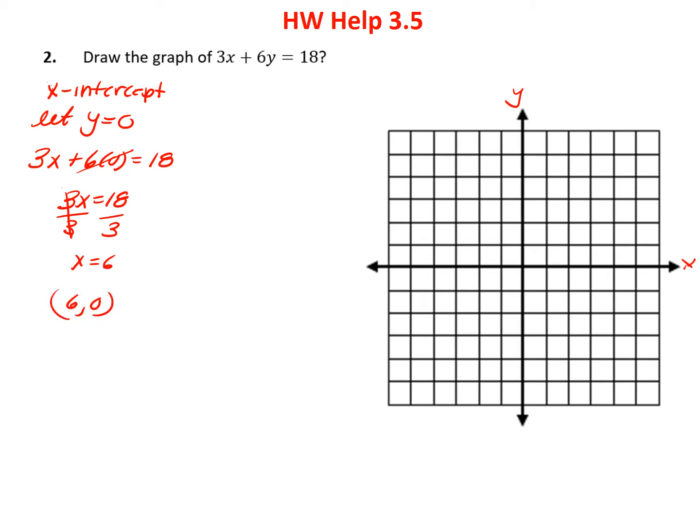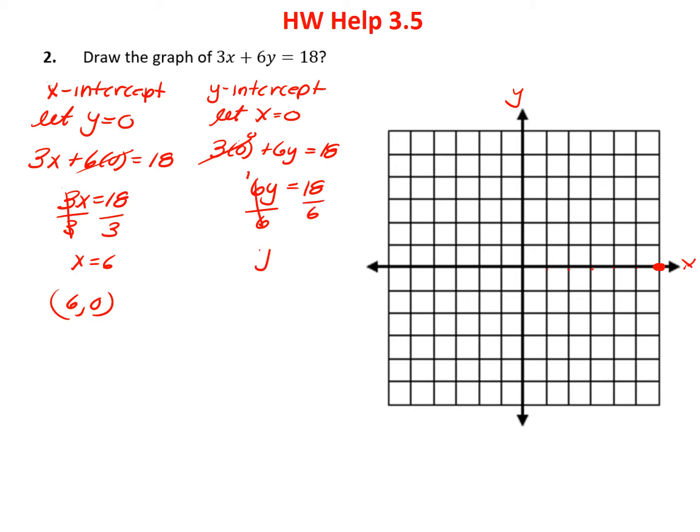So that's my x-intercept. So I can come over here from 0, count over 1, 2, 3, 4, 5, 6, and my line crosses right there. So now let's find the y-intercept. Similar process. To find the y-intercept, we let x equal 0. So 3 times 0 plus 6y equals 18. That's 0. So we have 6y equals 18. Undo the 6 times y by dividing by 6. That goes to 1. And I have y equals 18 divided by 6, which is 3,